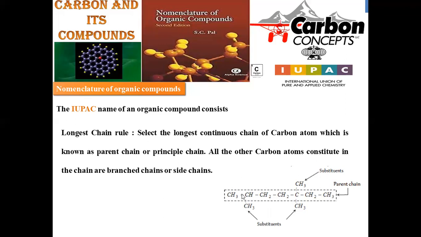In this manner, you have to go through the probabilities. How many possibilities are there in order to assign? After checking all the possibilities, you have to go with the longest chain rule. Where the longest chain is there, that is the actual numbering system. So whenever you compare all kinds of numbering, 7 carbon is the longest parental chain, so that will be the preferable one. And after choosing the longest chain, from which end do we have to start?